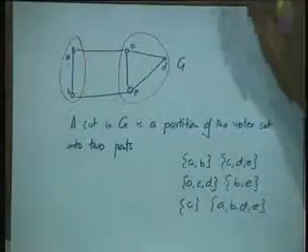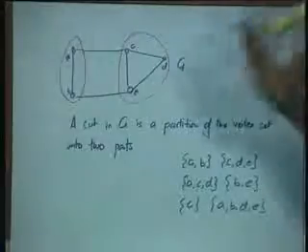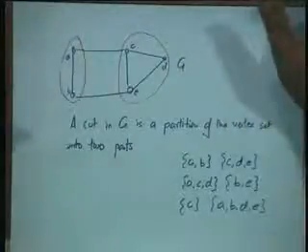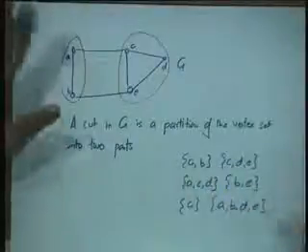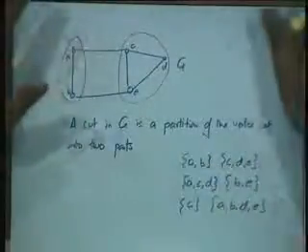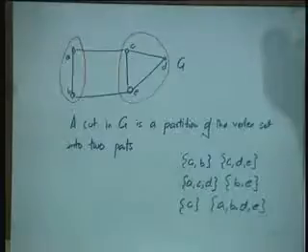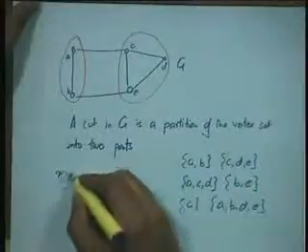So there are 2 to the n different possibilities, but each possibility is repeated twice. Once we will say A, B go on the left side and C, D, E go on the right side, and the other time we will say C, D, E go on the left side and A, B go on the right side, but the partition is the same. So that is why the number of different cuts is